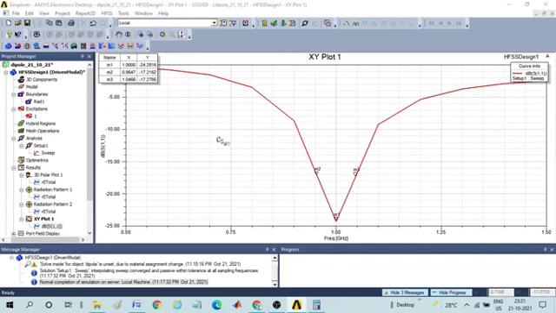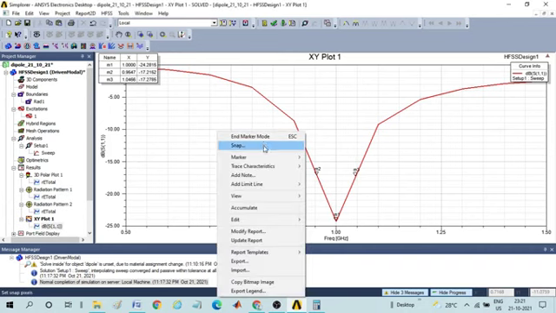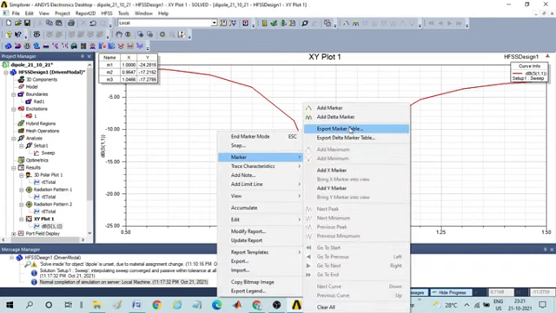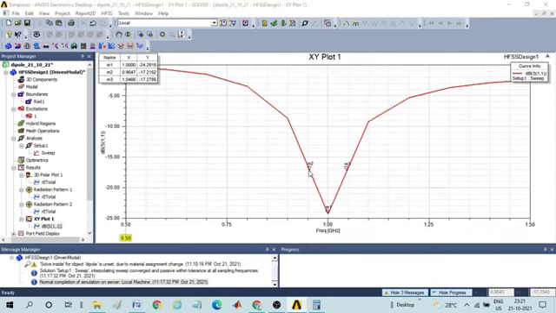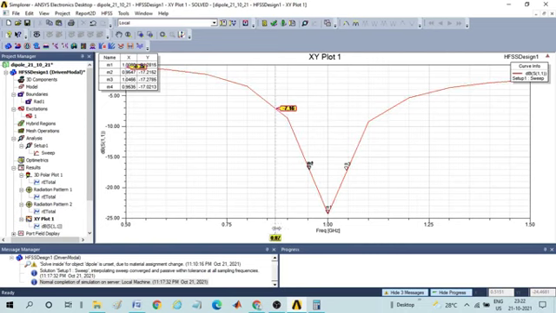So you can go to marker, add an X marker, move it till M2. Move it up to 17.21.